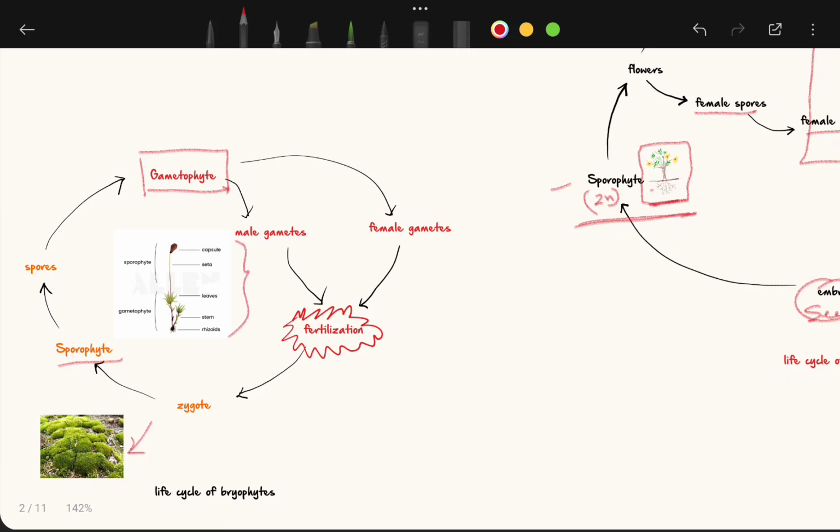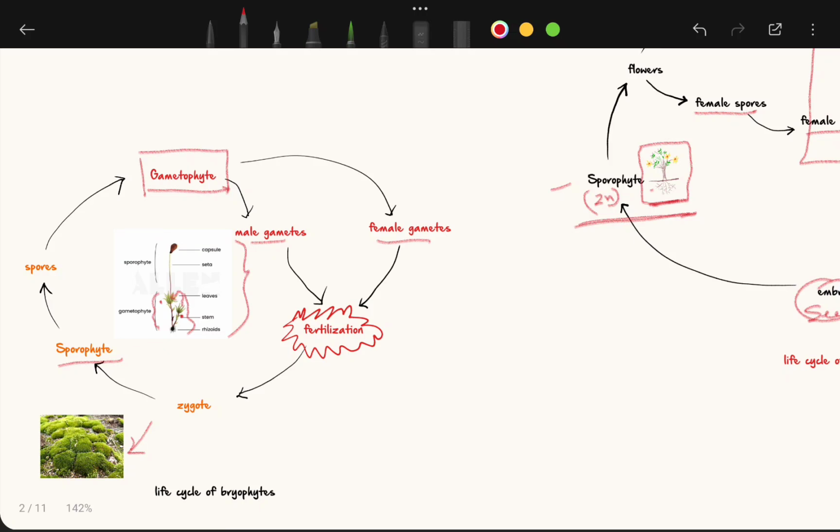So what happens is that the gametophyte will produce gametes, right? Male gametes and female gametes. Now, as you can see, this region here is the gametophyte, and the male gametes will be produced in this shorter branch, and then the female gametes will be produced in the longer branch. Now during fertilization, in the presence of water, the male gametes will swim towards the female gamete and then fertilize the egg,